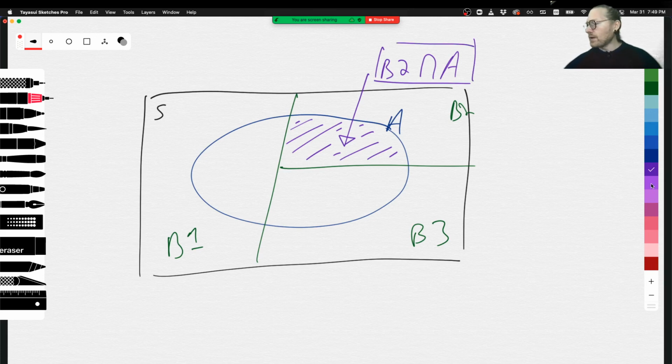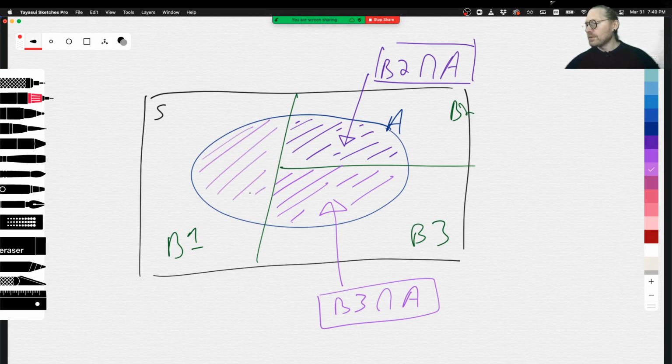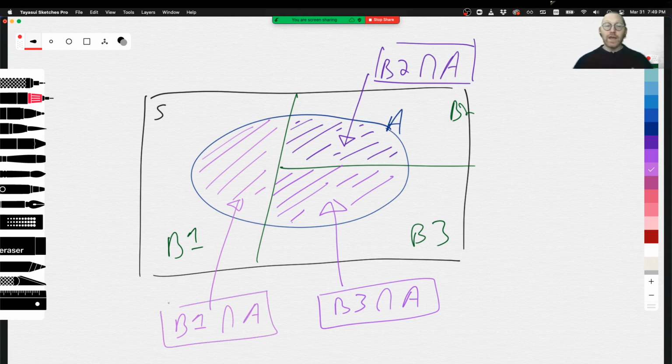We can look at another chunk of this, and we can say, well, this is just the intersection of B3 and A. And we can look at this part as simply the intersection of B1 with A. And then we can compose A. We can actually just compose A from this, right? We can say that,